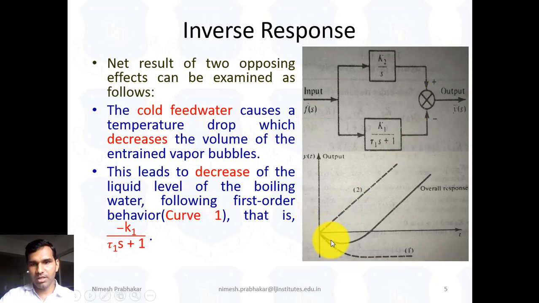That means this block represents the inverse response of the system. That means here this curve 1 represents the inverse response. That means when we add the cold water, initially it decreases the drum level of the boiler. So this block represents the inverse response, and